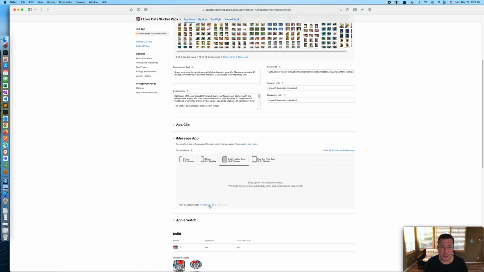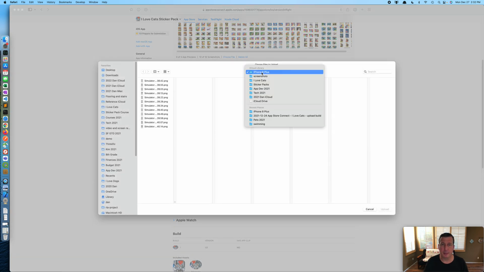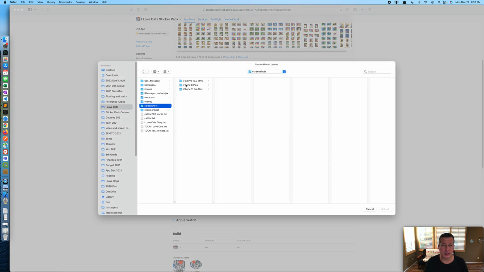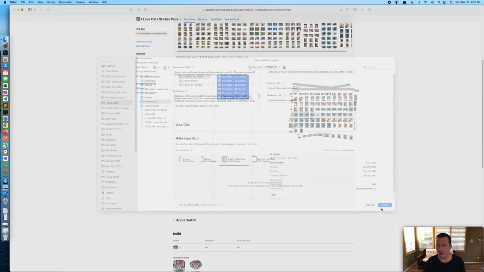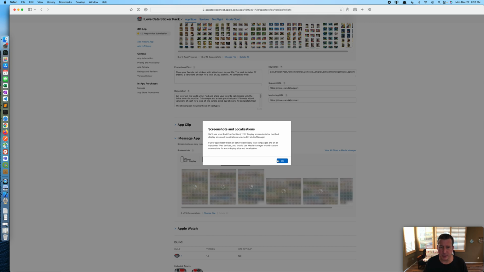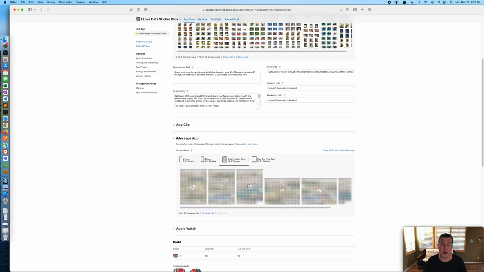For the iPad 12.9-inch, let's see here. I did these in the simulator. And because it's a larger screen, I didn't need to take as many screenshots. In fact, 3 screens were enough to cover the entire set. So I rotated the simulator to get both a portrait and a landscape version of the iPad Pro 12.9-inch display. And again, it's worth noting here, on the page in App Store Connect, it's saying iPad